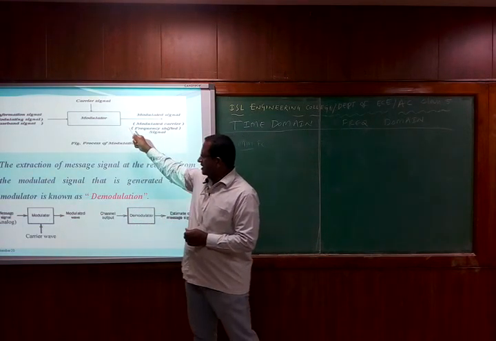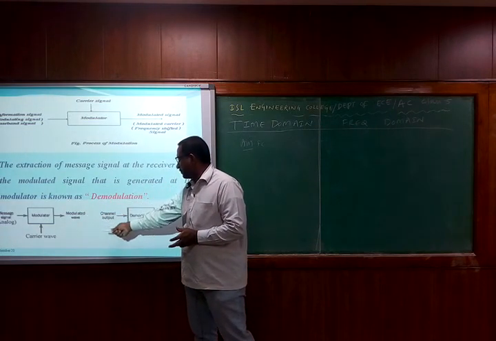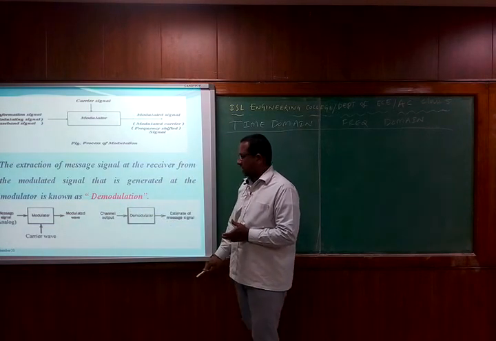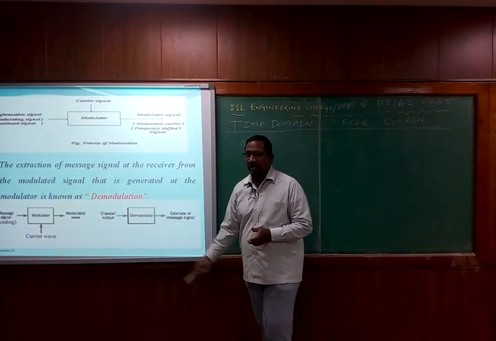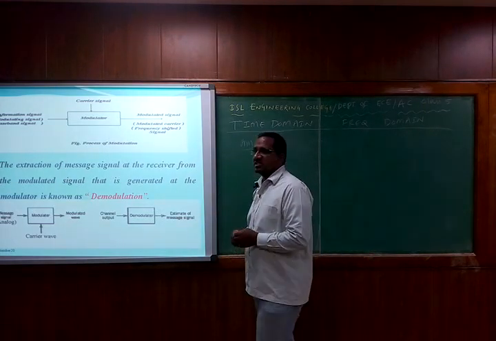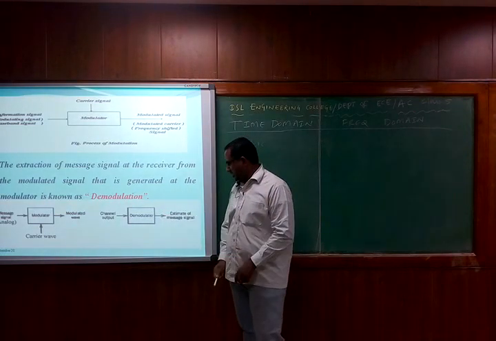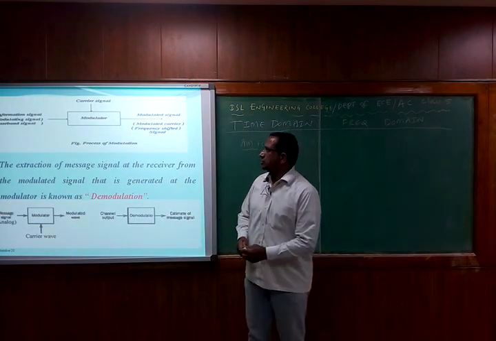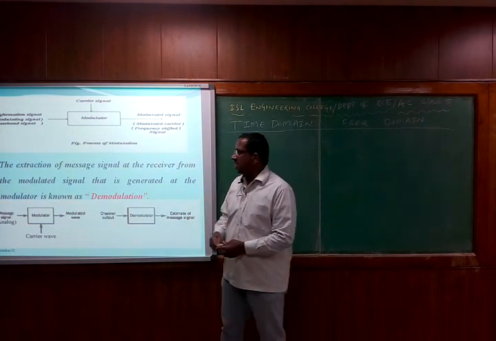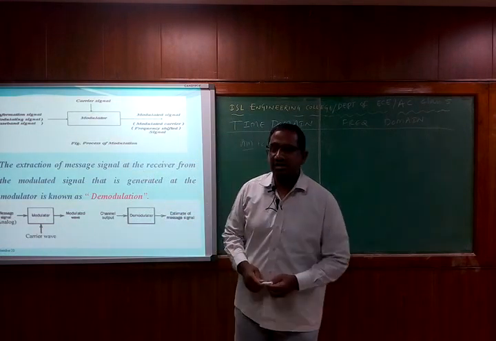So now this signal is transmitted by a modulator onto the free space. Then after free space, it goes into the channel. Output of the channel is given to the input of the demodulator, and demodulator is going to once again reconstruct the original message signal from the received electromagnetic signal. Then we are going to get the actual message signal. So this is the process of modulation and demodulation taking place at the transmitter side and at the receiver side of the communication system.